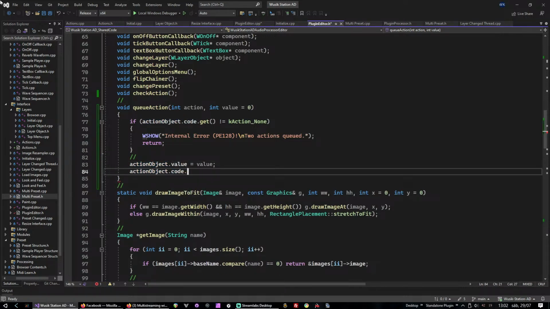Code set action. And this should return right away. So then the timer is going to actually call the